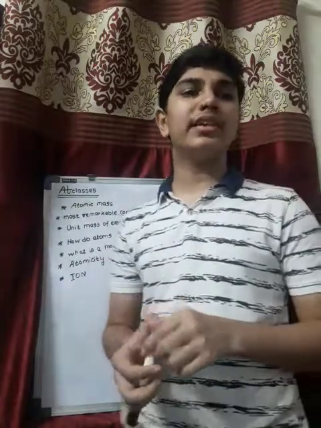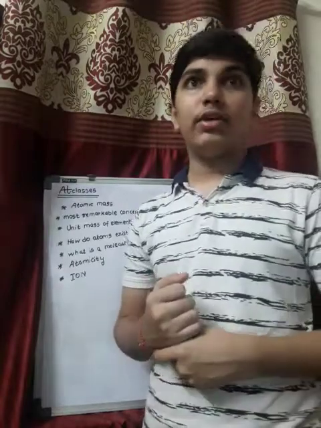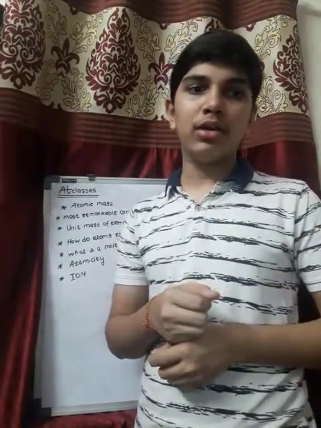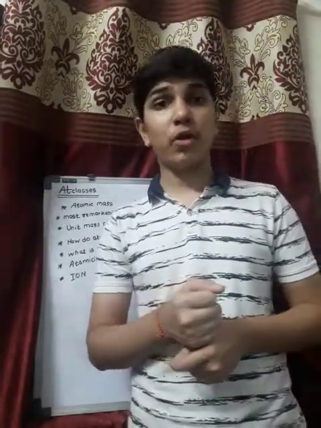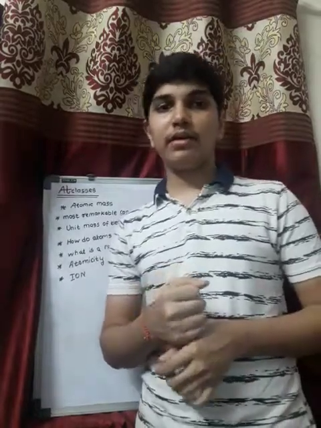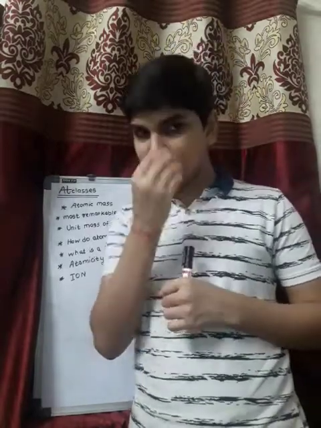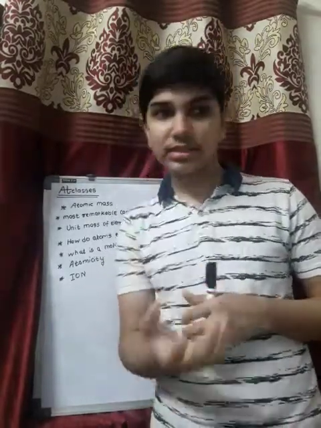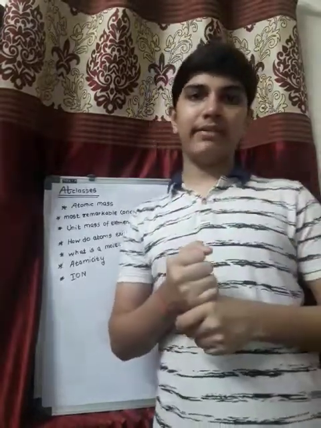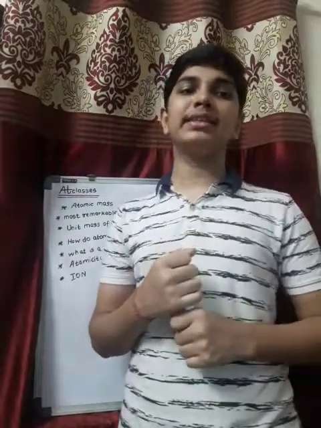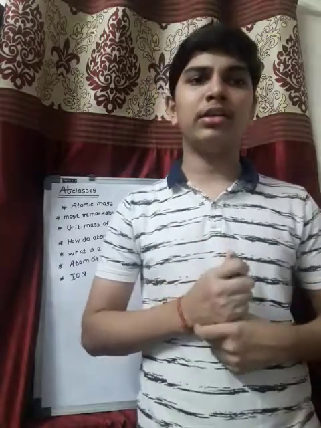Now suppose we define the atomic mass unit. In earlier abbreviations we used AMU, but now, as recommended by the latest IUPAC, the International Union for Pure and Applied Chemistry, it is known as U, as unified mass, not as AMU. Now 1 U is equal to some very big number. I will define it very clearly in the next class.